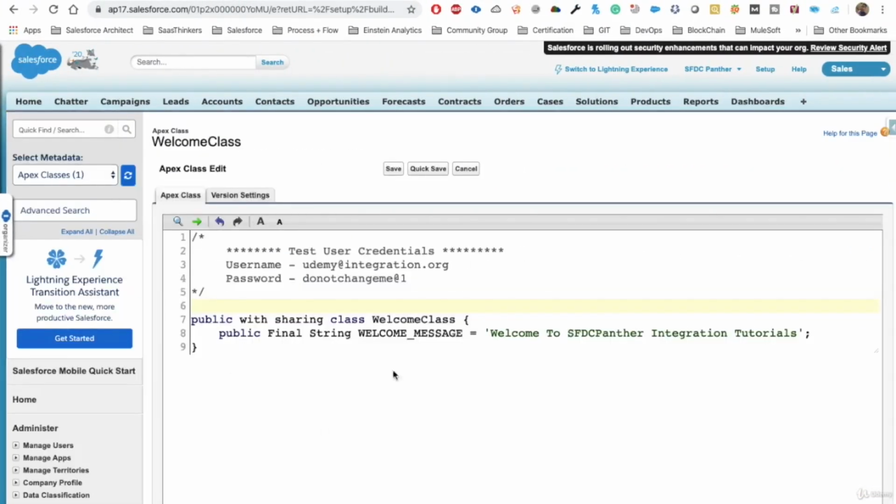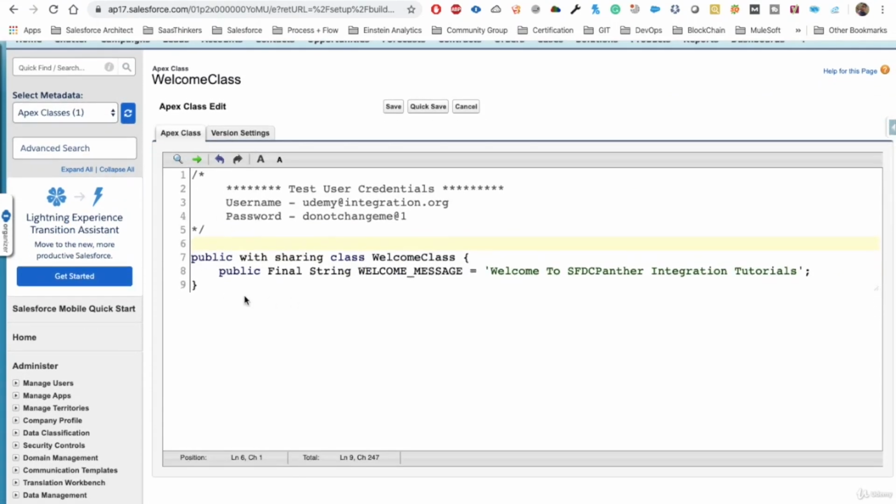So this is our environment where we are working, a brand new environment. What we did is we just created a class. We are going to change the class access modifier and provide some annotations which are required. We need to use @RestResource, which is a required annotation in order to consume our class as a REST web service, and it accepts one parameter, that is urlMapping,